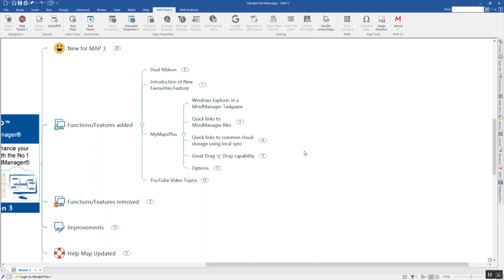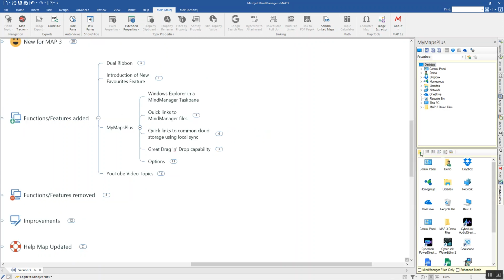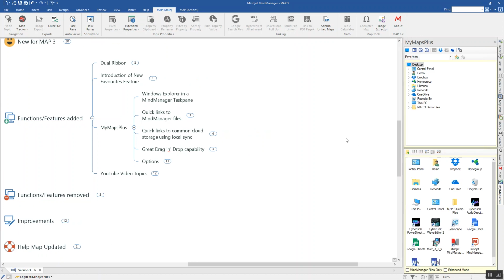So now MyMaps Plus is only available through Map for MindManager. For those that are seeing this for the first time, My Maps Plus basically is a Windows Explorer functionality located in a task pane. If you look down your task pane list, you'll see the My Maps Plus task pane tab,